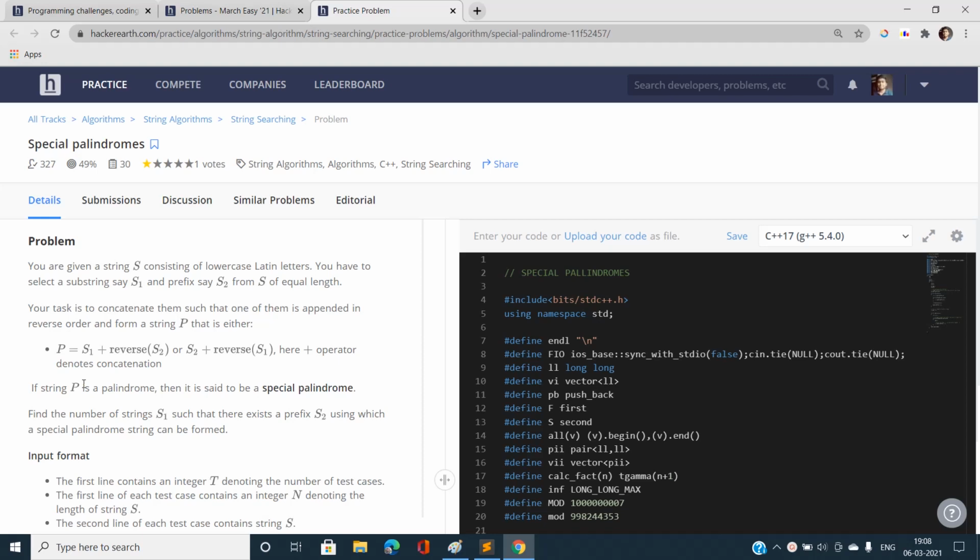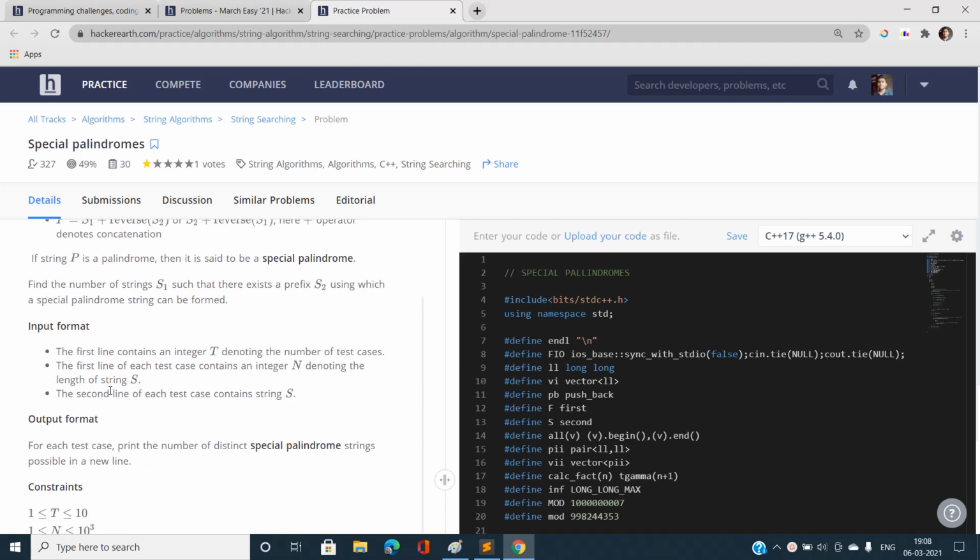Let's say I am at the current prefix of length l, then our current answer will be the total number of substrings of this string s that are exactly equal to the chosen prefix of length l. We are going to add this answer for all the prefixes and get the final answer.